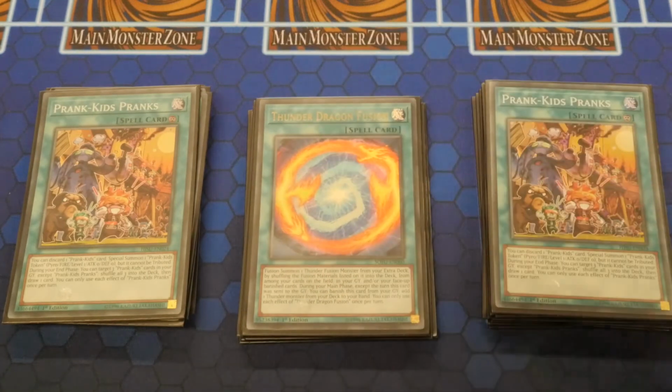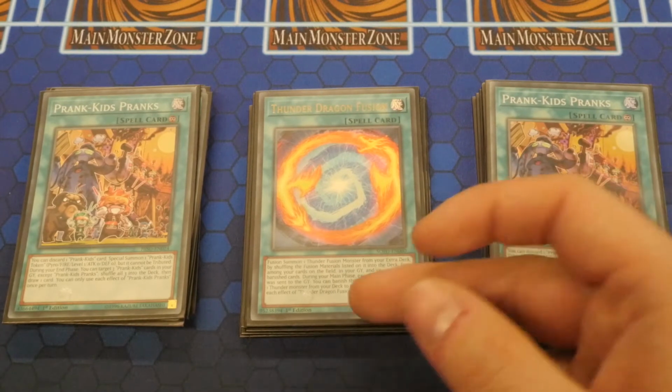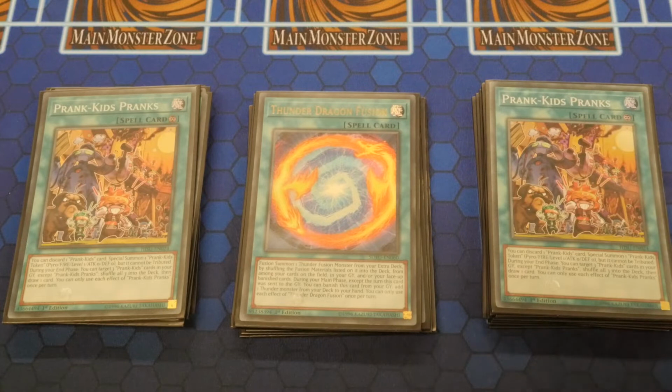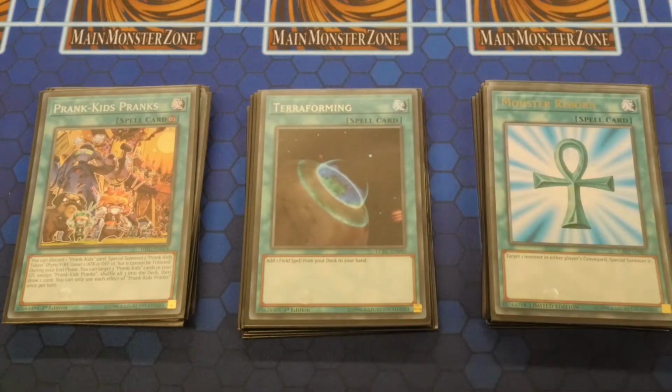Probably cut a poly to put a second one in if that is what you desire and what you want to do. And keep in mind, this can actually search out Fancies. So if you have a way of getting it to the graveyard, banishing it, and then you search out Fancies, you're good to go. One Monster Reborn, free extender. Terraforming, because your field spell, you know, you want to be getting into that. It technically means you're playing 4 of the field spell,